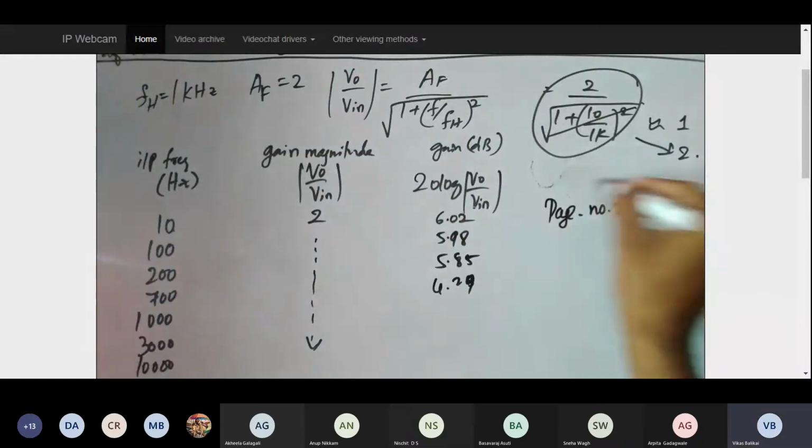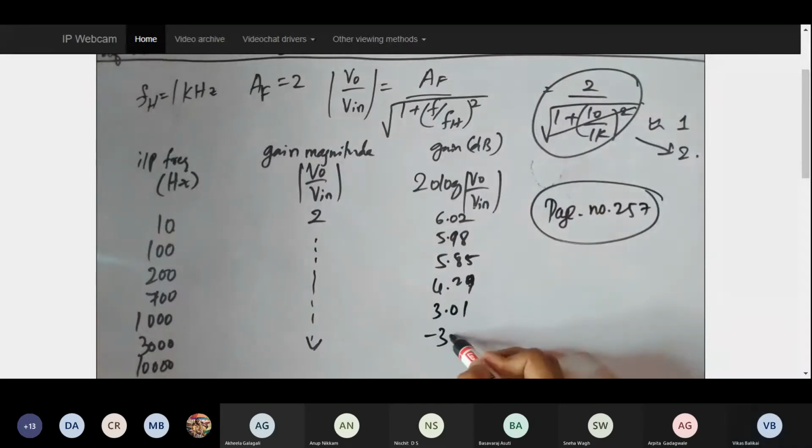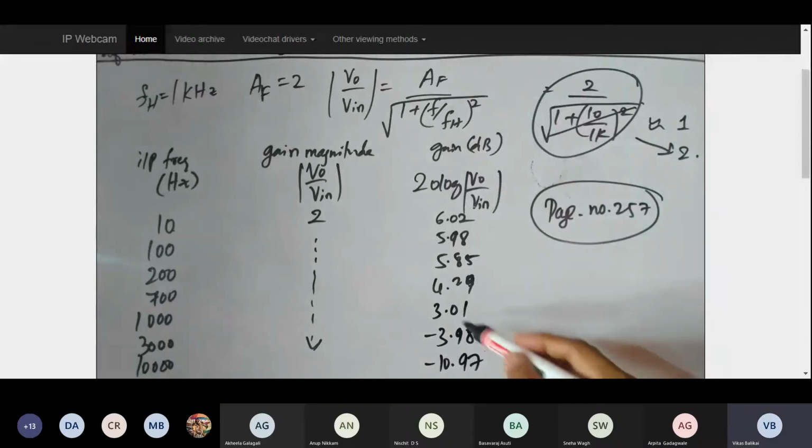And a problem has been mentioned over there, and we are going to obtain the plot of this entire graph. I'm showing you this just for your understanding. Like that, you're going to get the values, and after a certain amount of time, I'm going to get some negative value. That is the point which indicates there's a dip in the frequency or the dip in the gain. Fine. Once we are done with this, let's try to plot this graph.